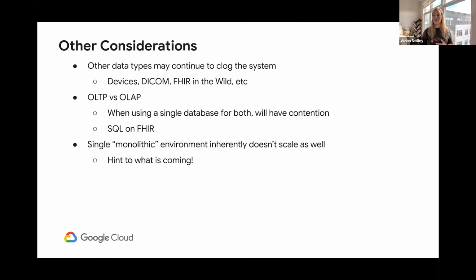The second thing I talk about when I talk a lot about the scale of the system is oftentimes the server is run on a transactional database. For example, our healthcare API, as I mentioned, runs on Spanner, a transactional database. Once an organization has a FHIR database, they often want to do analytics on top of it, which means you are causing contention between the applications that need as much compute as possible because they are production applications,